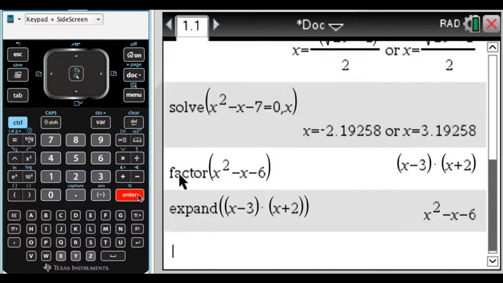And now I hit enter, and it expands it out to what I started with. So I can go forwards and backwards with respect to factoring and expanding things. Now, another nice feature is to have solve not just for a single variable, but suppose I want to solve for a